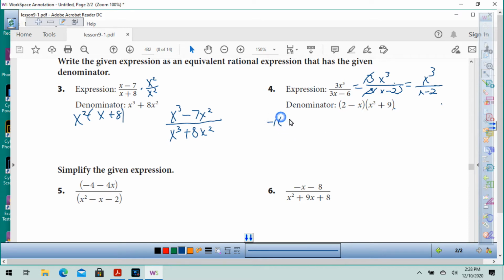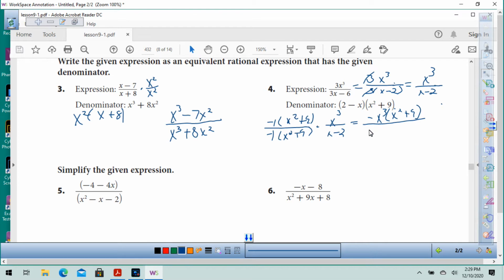Negative 1 times x squared plus 9 over negative 1 times x squared plus 9 times x cubed over x minus 2. So we got x squared times x cubed, well, we could just do it as negative x cubed times x squared plus 9. Let's do that. Over,